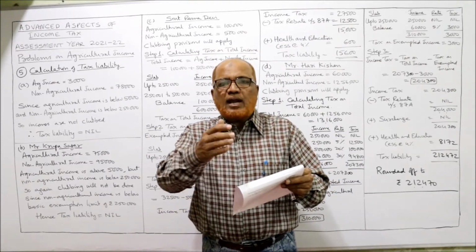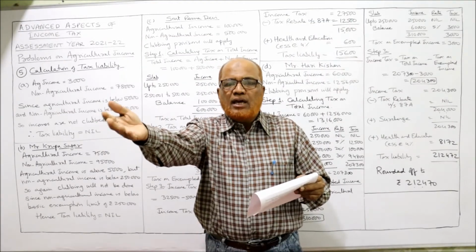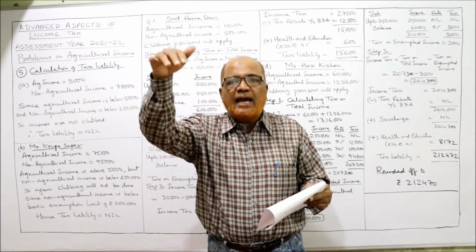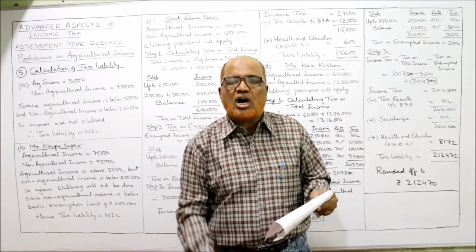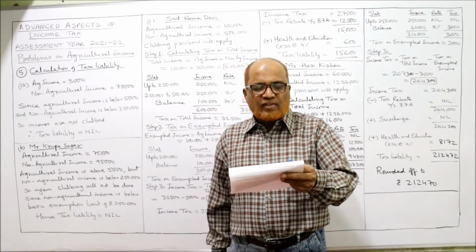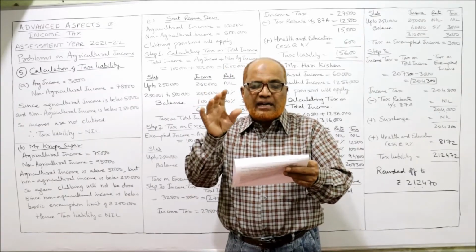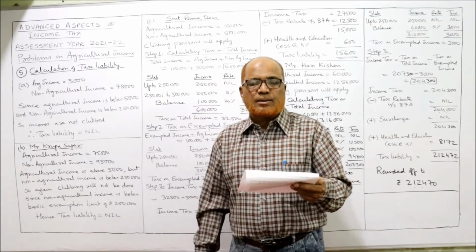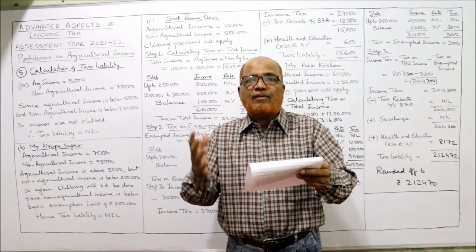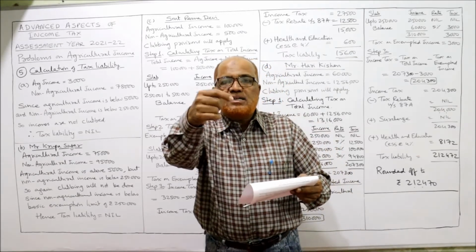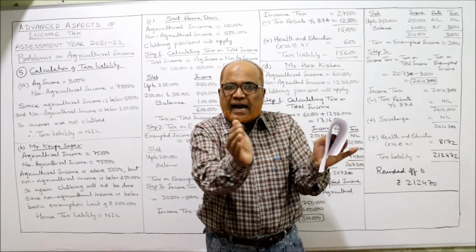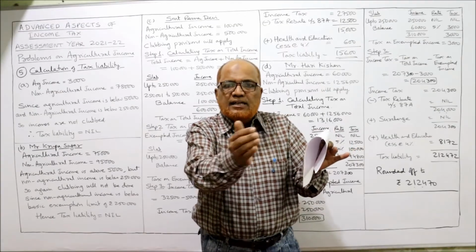Here, Mr. Owner has let out some agricultural land to a person. He is getting the rent, so rent is agricultural income. But suppose the tenant has delayed paying the rent and interest is charged. So this interest is non-agricultural income. Next one, rupees 1,000 received from running a dairy which is incidental to agriculture. It is agricultural income because this dairy farm is attached with agriculture, incidental to agriculture.